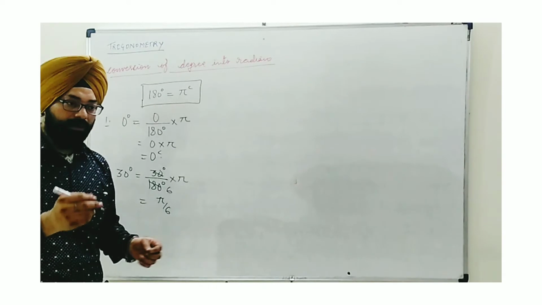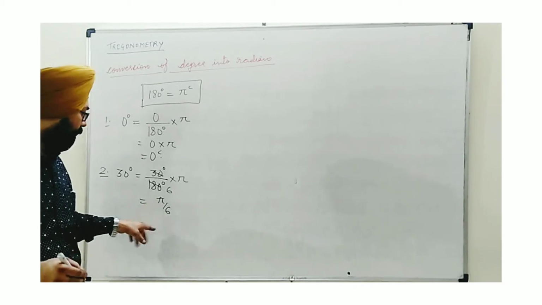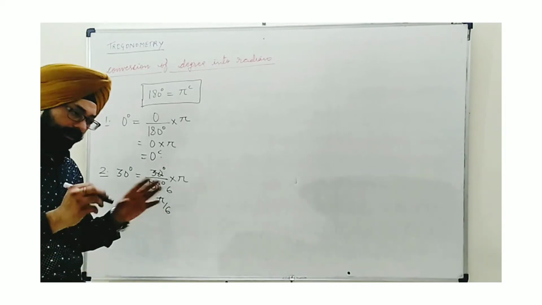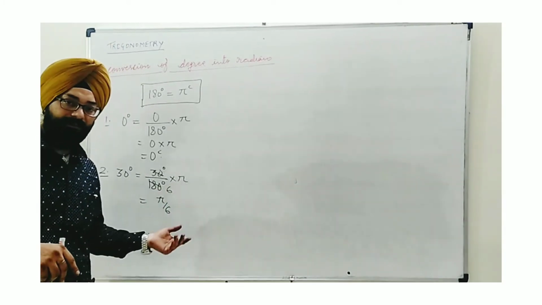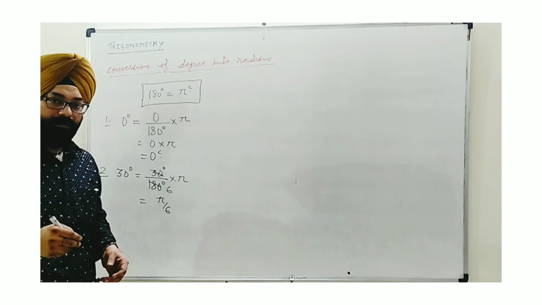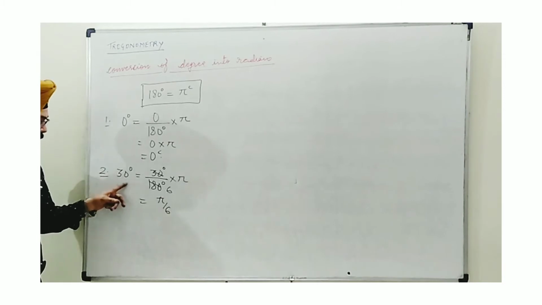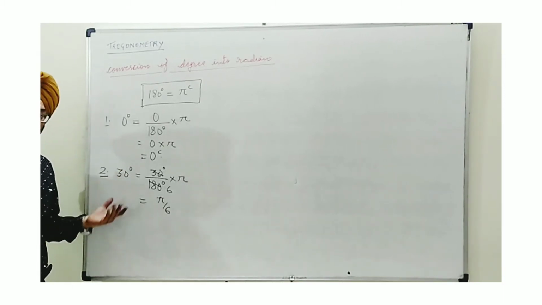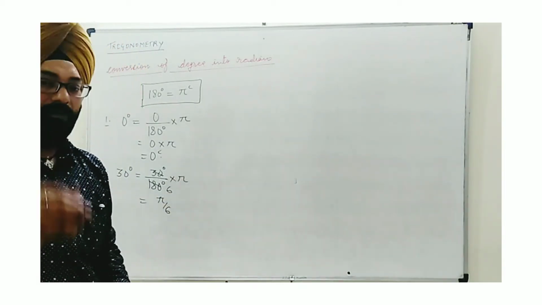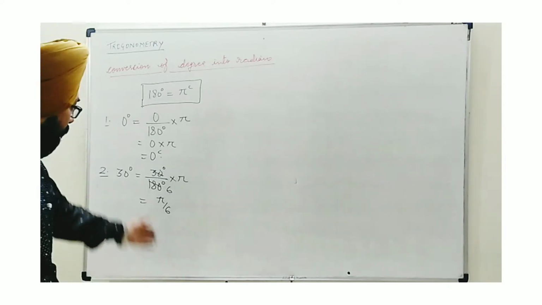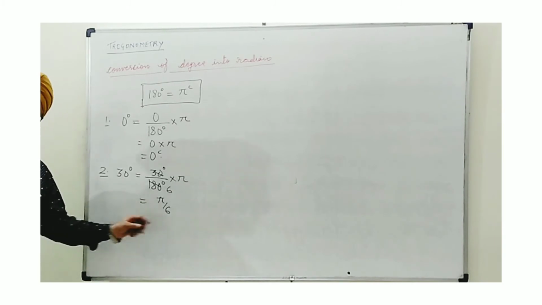Now this is the beginning, that's why you can use a C as the symbol. Otherwise, let me tell you, whenever we write an angle in radian, we do not put the value of pi. So in the book or notes, if you find pi somewhere, for sure the angle is given in terms of radian. It becomes a compulsion that whenever you write an angle in degree, put a degree symbol over it to show that. Otherwise, in general, whatever angle we write from now onwards will be given in terms of radian, maximum time in terms of pi. So that's why I have not put C here. Be careful. Pi upon 6.